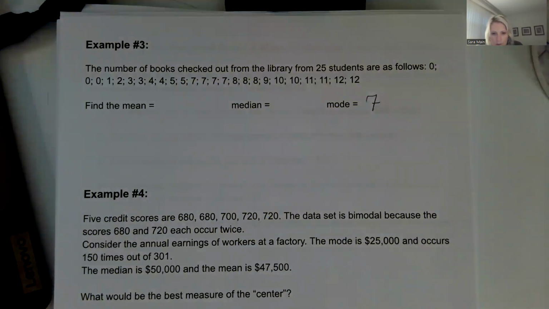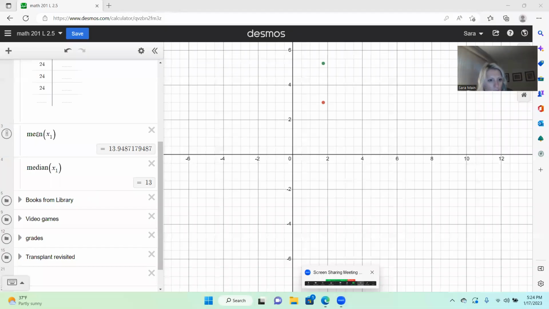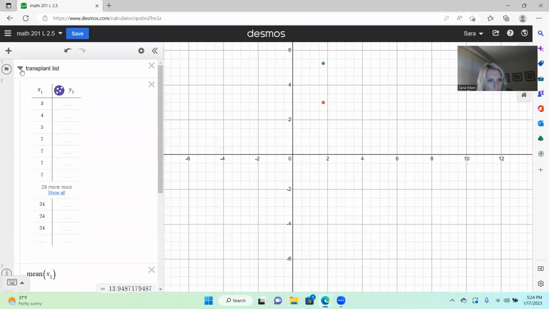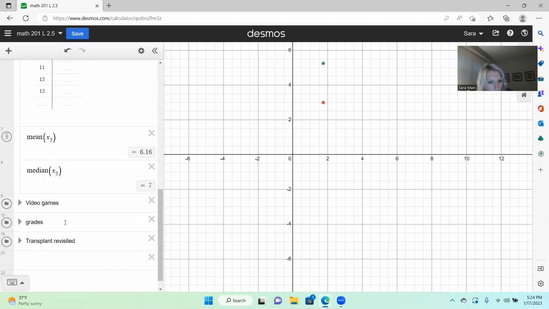So let's go to Desmos and see what we have. I'm going to go up here and turn this off. This looks like the library. So it looks like the average number of books checked out is 6.16 and the median is 7. So they're fairly close, but